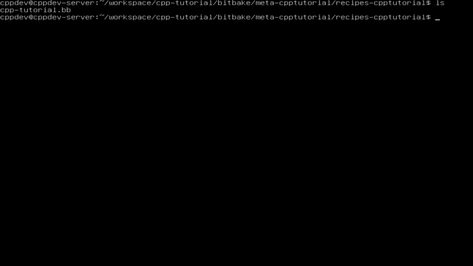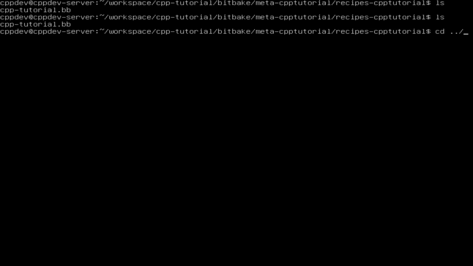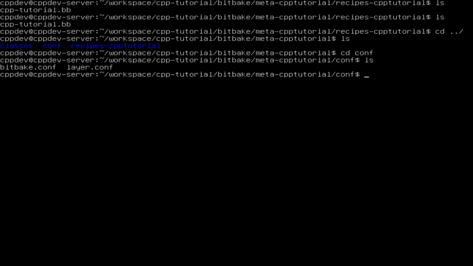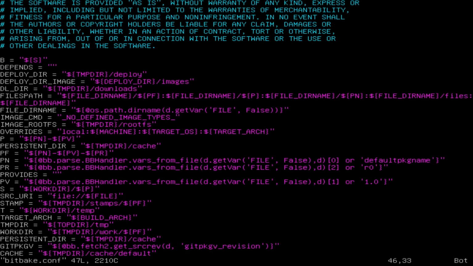There is one more thing that I want to do before editing the recipe, and that is to add one more variable that should be globally available for all recipes and that I am going to use. As you saw earlier, there is this bitbake.conf file in which there are multiple variables set.